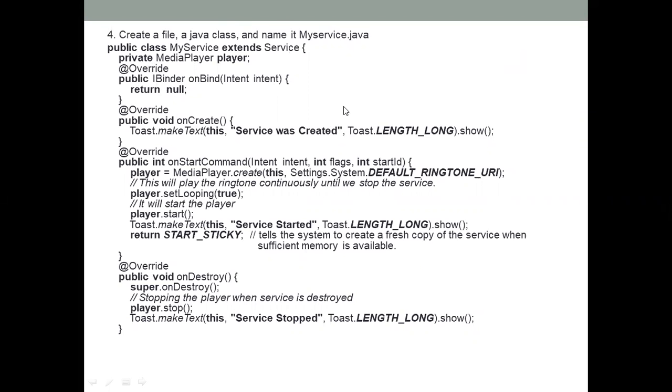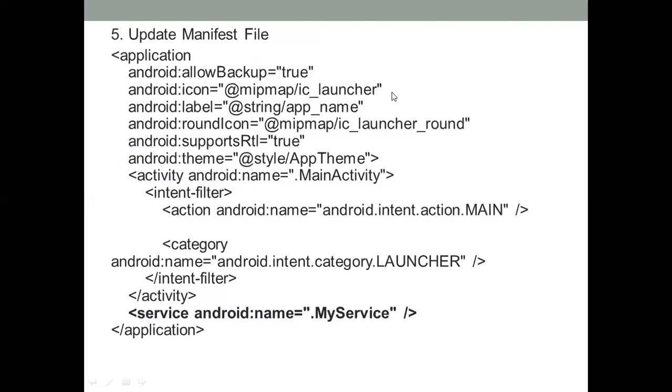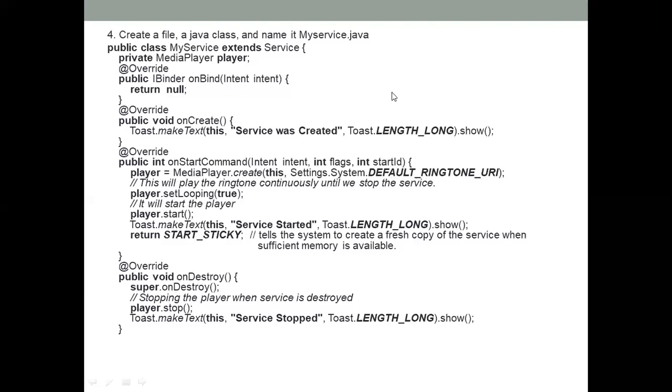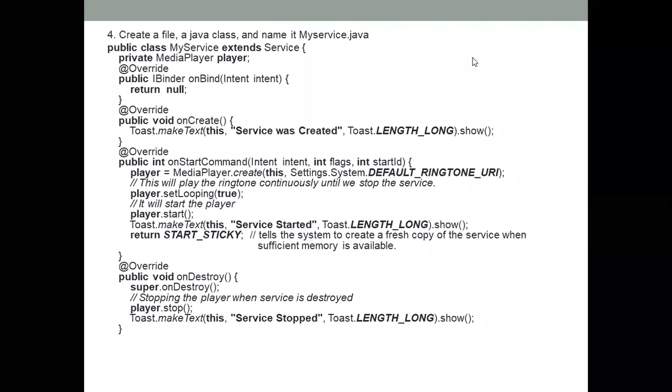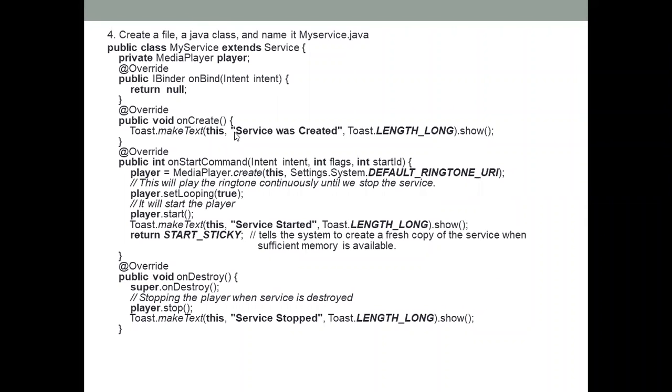OK, so that IBinder part will be what it will be doing. ठीक है, it will just be referring to binding you to that particular application. Why are we binding? Because we have started that service by using the start button and we are stopping that particular service by using the stop button over here. ठीक है, so we are having that onCreate method. What we will see over here is that we are having the onCreate method over here and we will see that